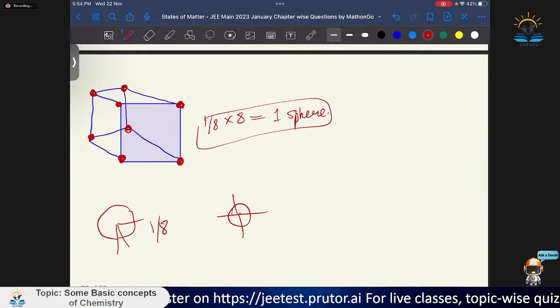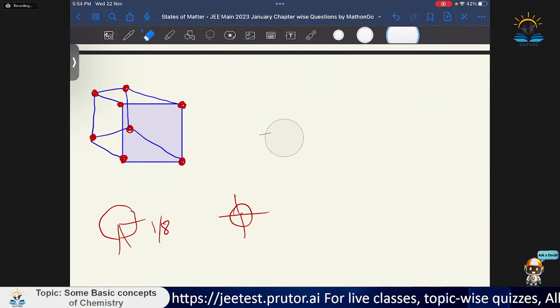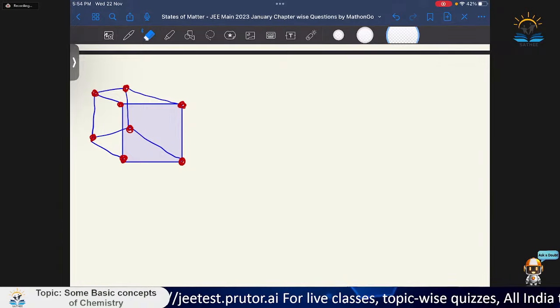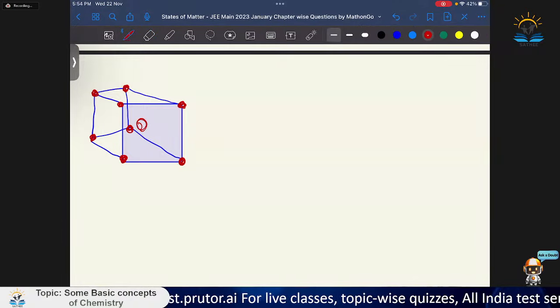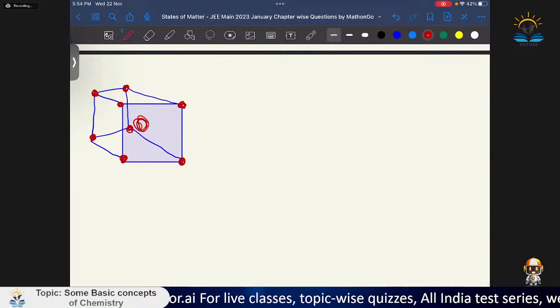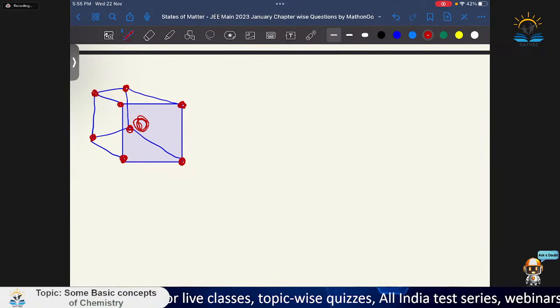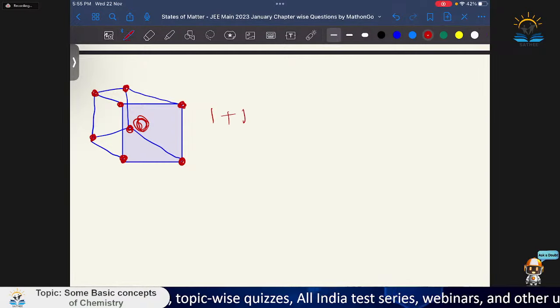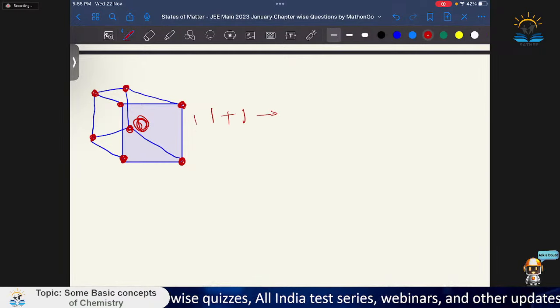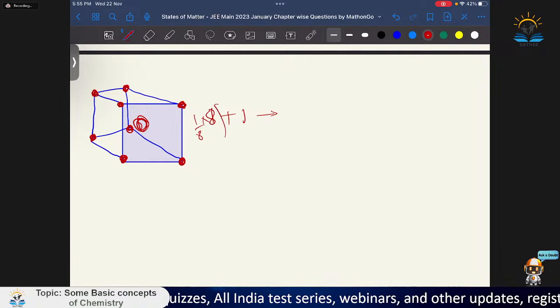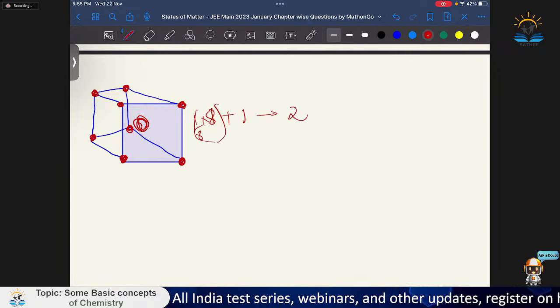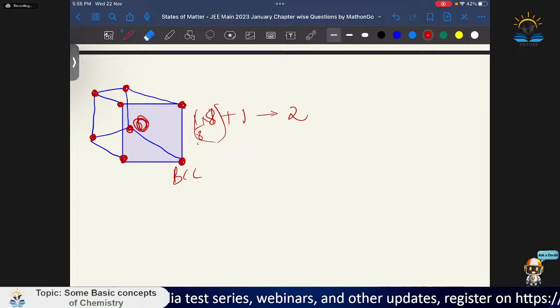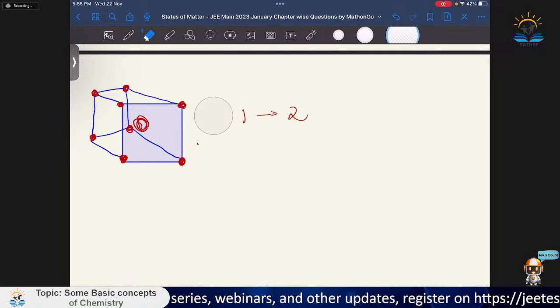Now I will remove all of this and I will tell you what a body centered cubic is. In body centered cubic, nothing. In the center of body, you place one more sphere. So in the center is there, and then there are 8 on the corners. So 1 plus 1 at the center. Okay, because 1/8 into 8 plus 1 at the center, it gives 2. This is BCC. What is FCC? FCC